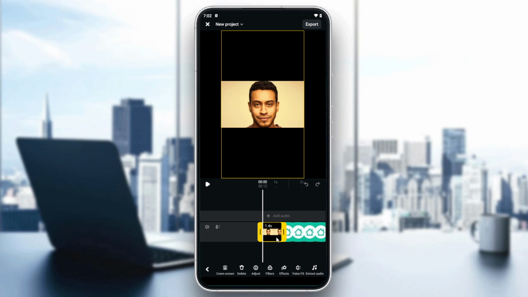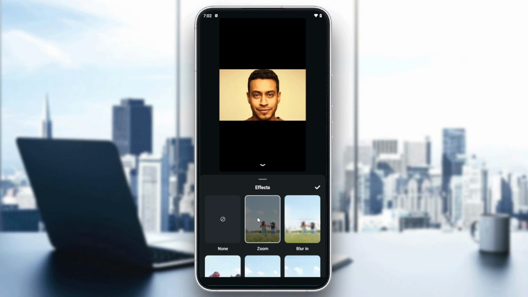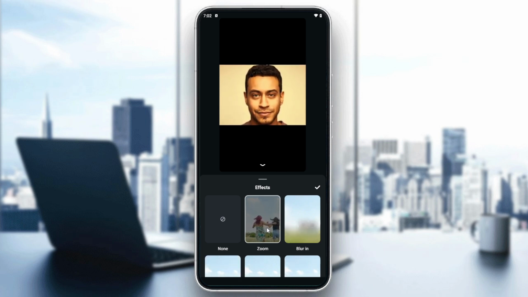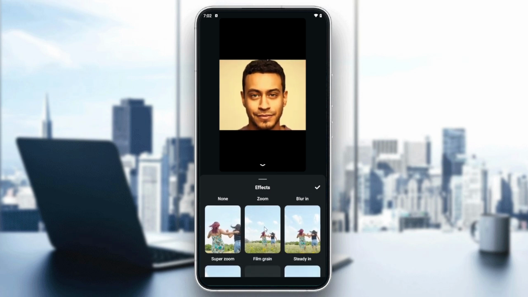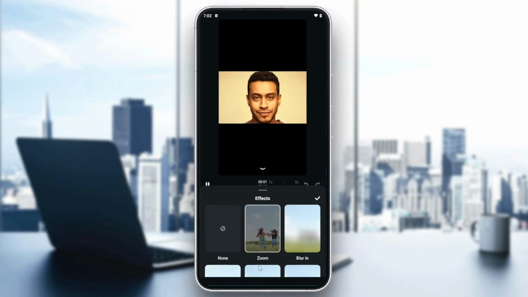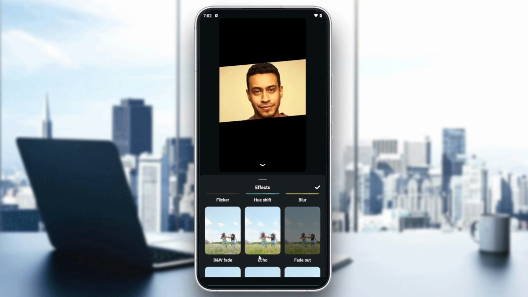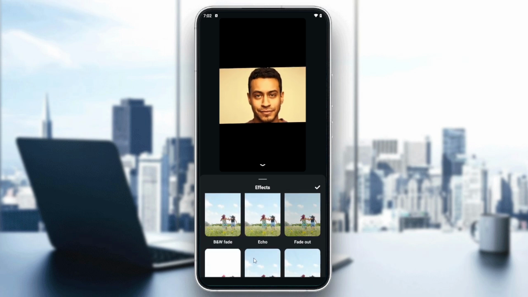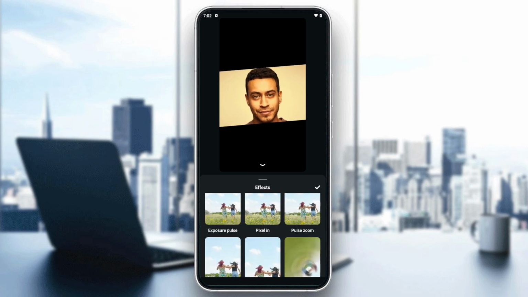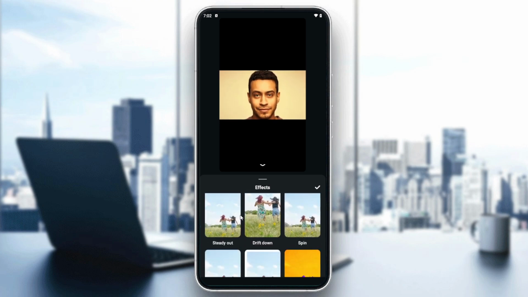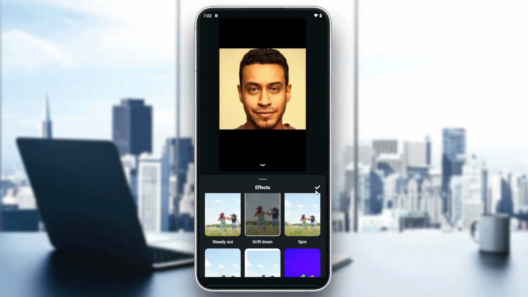effects and make sure that you are selecting the media. You will need to have it highlighted with yellow. You click on effects, and from here you will find a variety of effects. So you will have, for example, zoom in. There will be some drifts up, drifts down, faded, like these ones, these pulls, or the drifts down, and